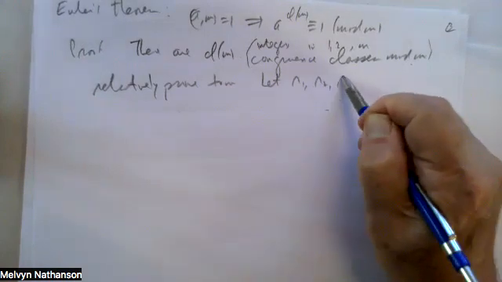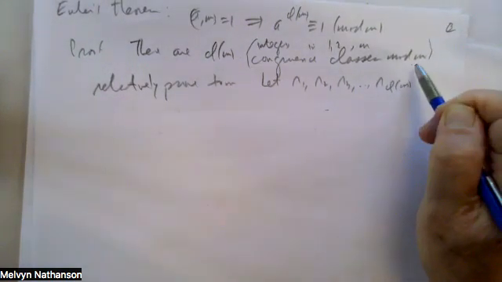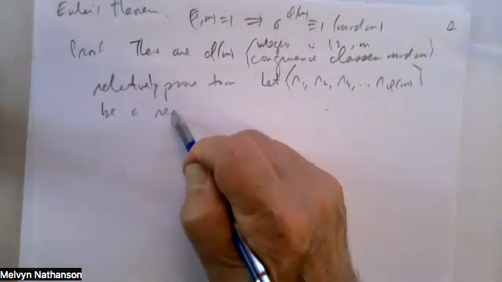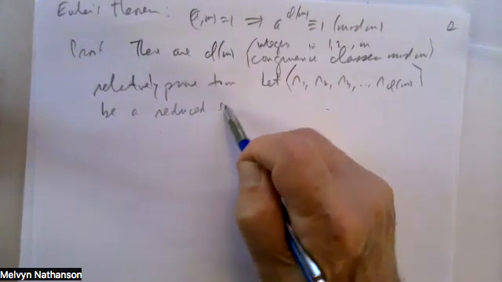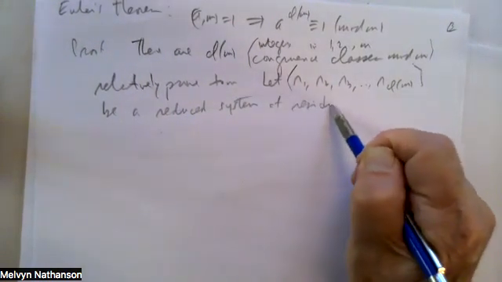Let R1, R2, R3, up to R sub phi of M be a reduced system of residues